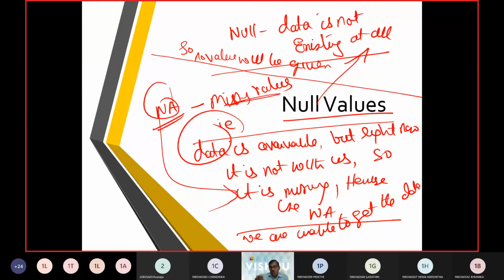What is a missing value? Suppose I am using my ID card, and that ID card has a column called blood group. I know my blood group is A positive. Assume you don't know your blood group. That means the blood group field is available, but you didn't put the value there. If the blood group concept does not exist at all, and we are not putting a blood group column into the database, then you can put it as null. That is the subtle issue you should understand between null and NA.